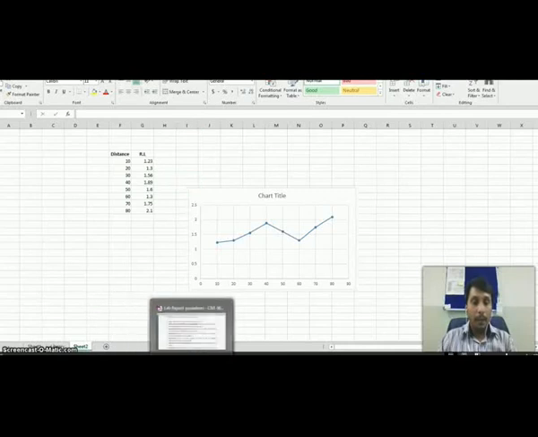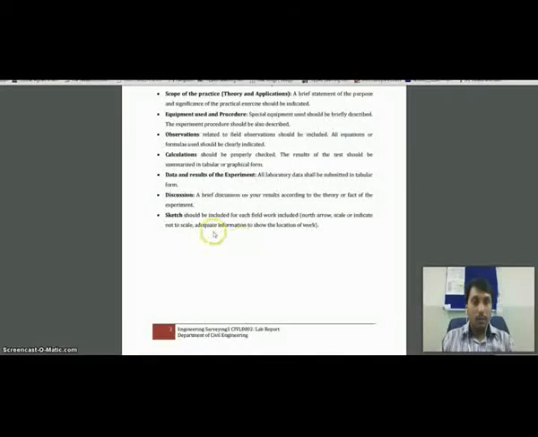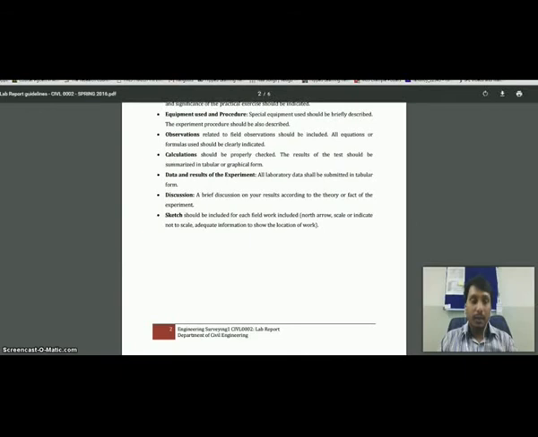Okay. Now coming back to this experiment, how to write the lab report. After discussion, draw sketches. For practical number 1, I said you cannot draw it, but you can draw it like a traverse. So start one point from benchmark and join the points that you have taken. I'll show you an example again.